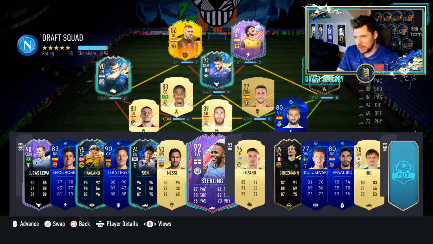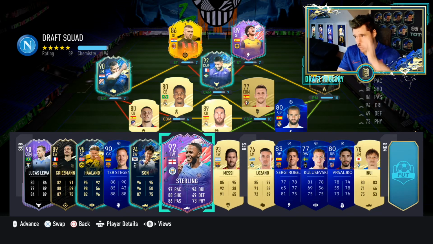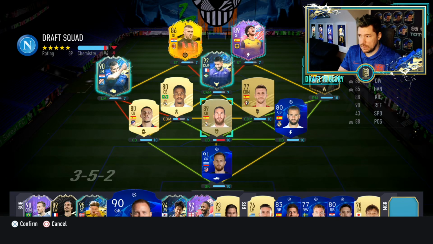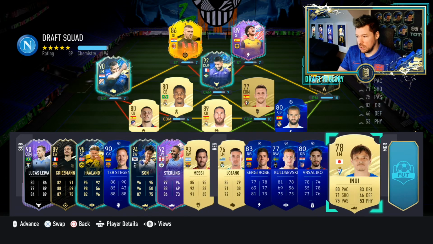Who's the lowest rated on the bench? Roberto, 83. Griezmann. So we need a manager here. We definitely need a big manager. A big La Liga manager will give us 1, 2. A Spanish La Liga manager for 3 chem points. I just don't think we can get more chem otherwise. If somebody has got better chemistry on here than what I've got here...